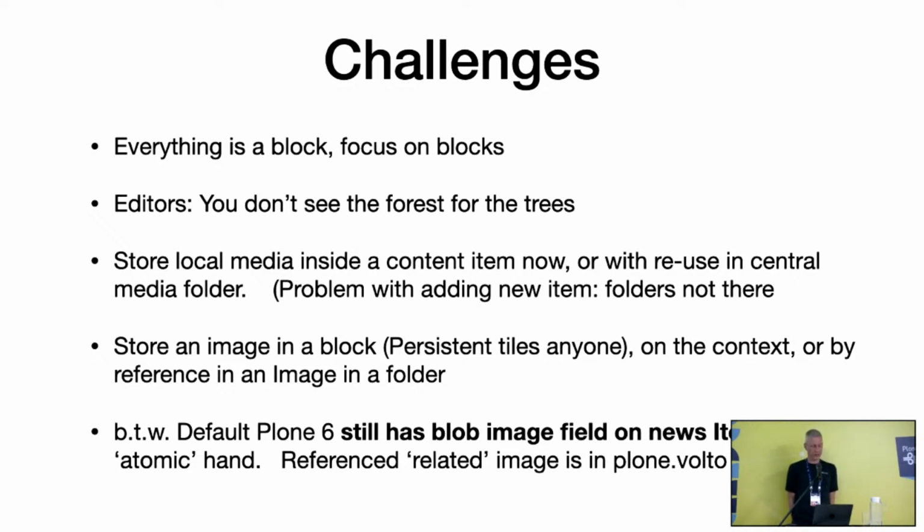So then you can store them on the context in the field. That's also very nice, but then you have the issue with blob images and blob files. Whenever you duplicate a news item, that image is still there. So you would like to do everything by reference by now. That's the conclusion I've come to. Use the basic content types, file and image. Those are stored only once, and use a reference.